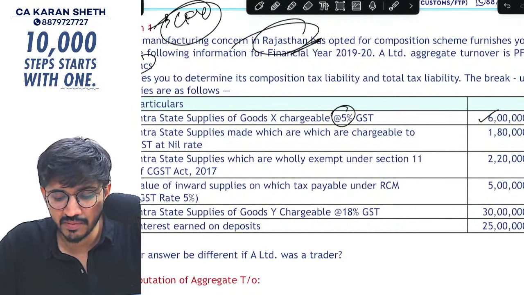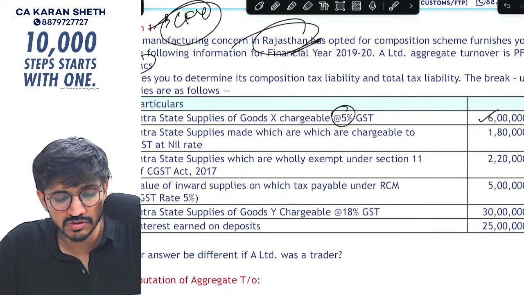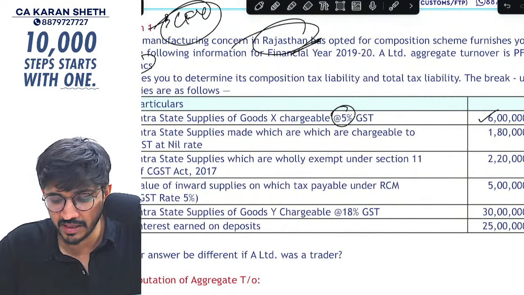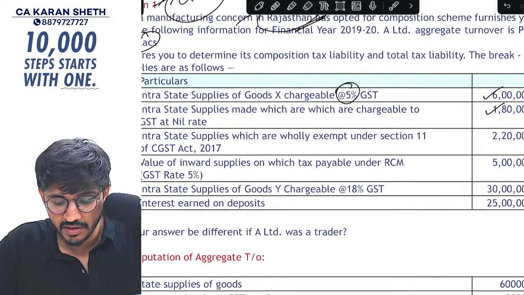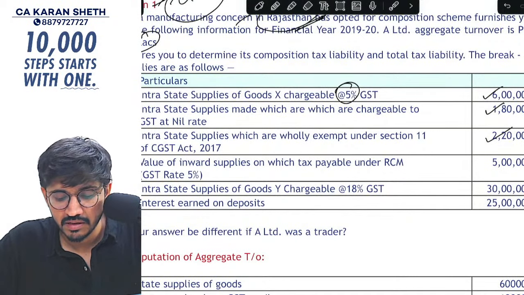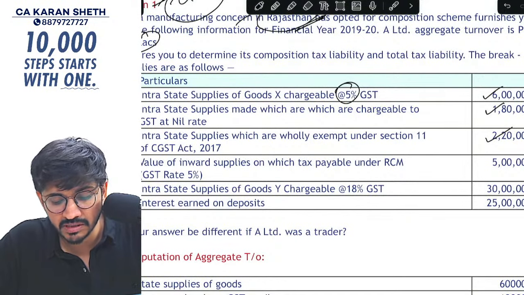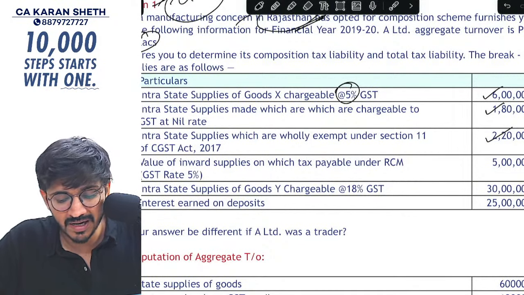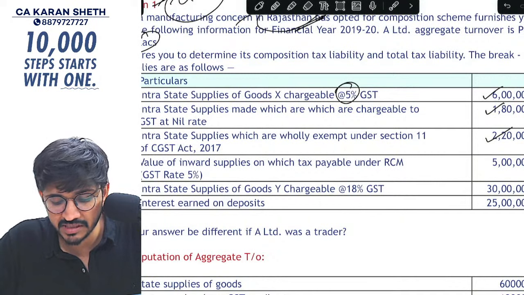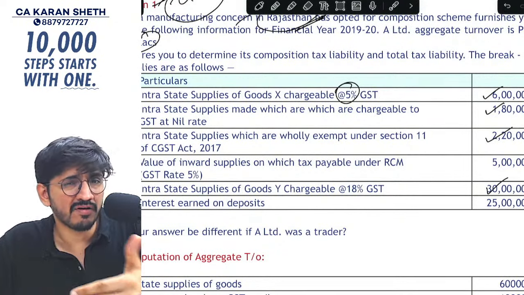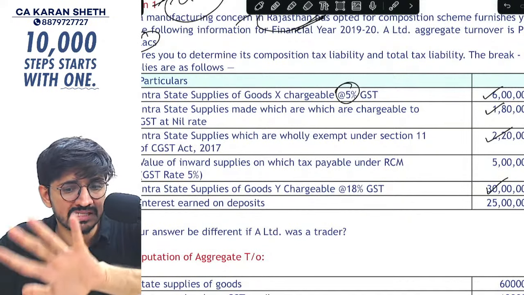Intrastate supplies made which are chargeable to GST at nil rate. Okay. So this is exempt supplies. You can take that. Intrastate supplies which are wholly exempt. You can take that. Okay. Value of inward supplies, we will give that a pause right now. Intrastate supplies of goods Y chargeable at 18%. You can take that. These are taxable supplies, because in case of a manufacturer, you take all sorts of outward supplies, taxable and exempt,